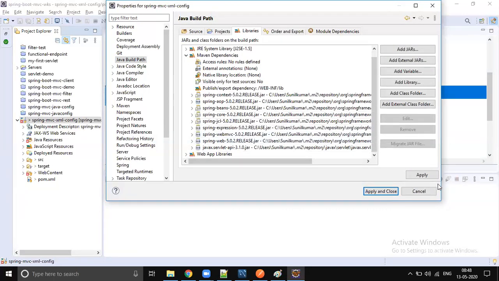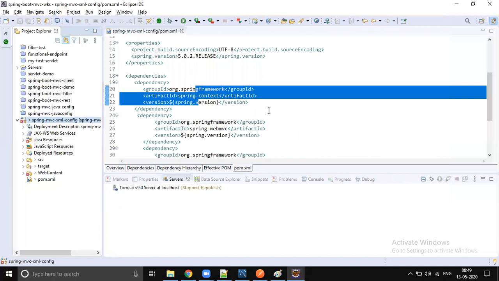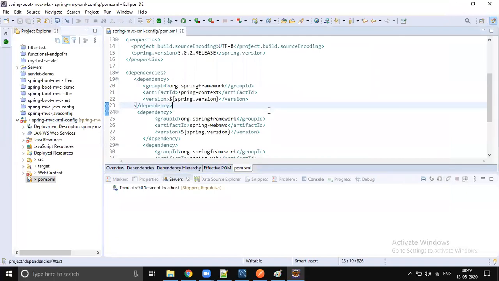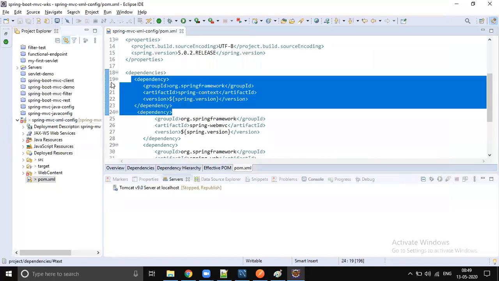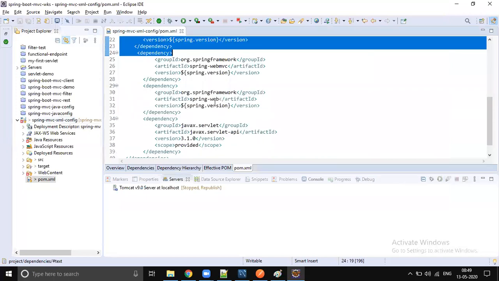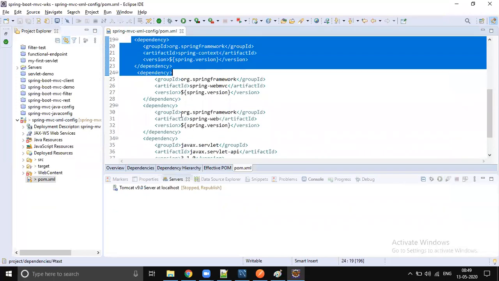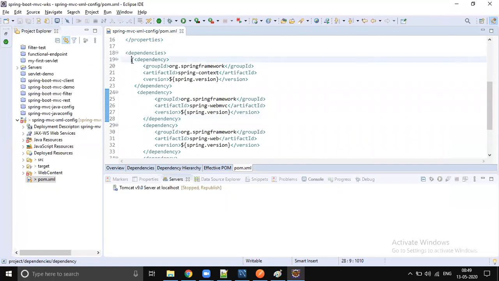So whatever jars you need should be added by the developer when he is doing native Spring MVC. But anyway, you don't do this. In microservices, you directly use Spring Boot. Spring Boot will take care of adding the dependencies. So this is one thing you have to do. The first thing is adding the dependencies in the pom.xml file. Yes, that is the first step.